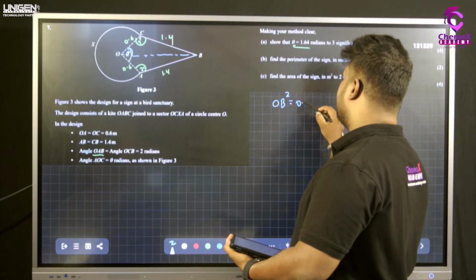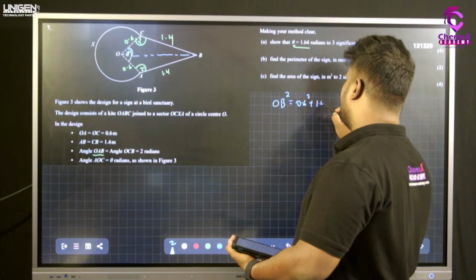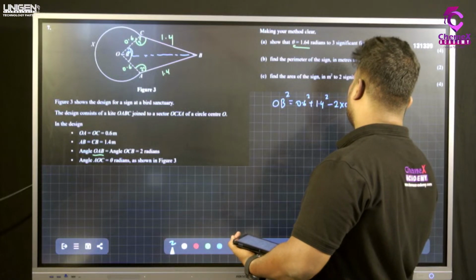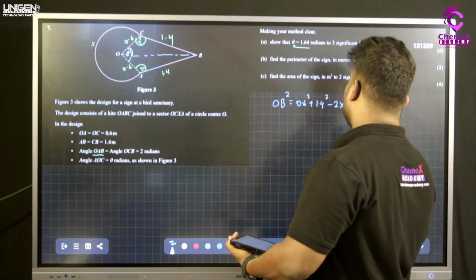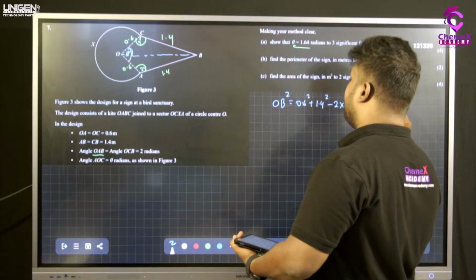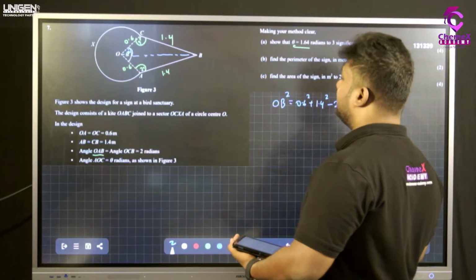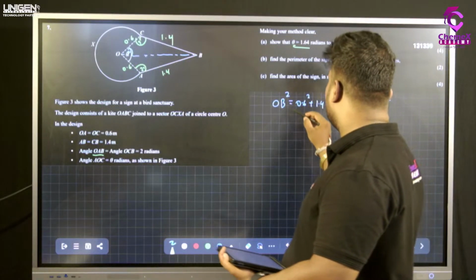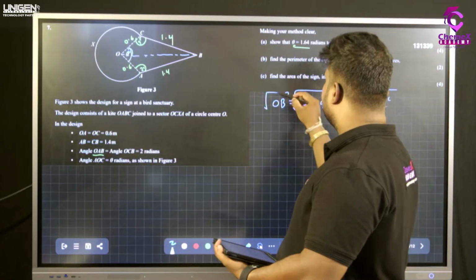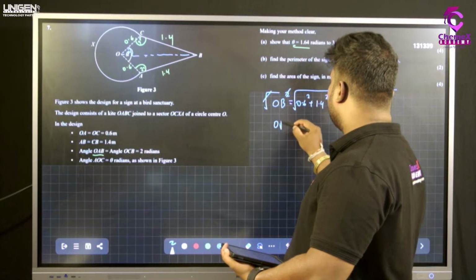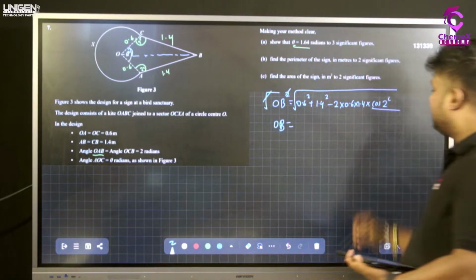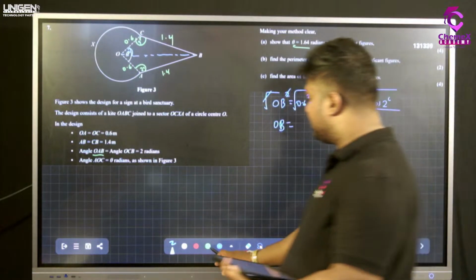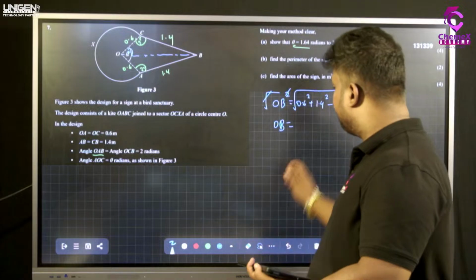So 0.6 squared plus 1.4 squared minus 2 times 0.6 times 1.4 times cos 2. It's in rads, but here I call it c. If you are in the wrong mode you will make a mistake. You must type it in rad mode on the calculator because the cos 2 is in radians. Okay. So what do you get when you type this? OB is equal to